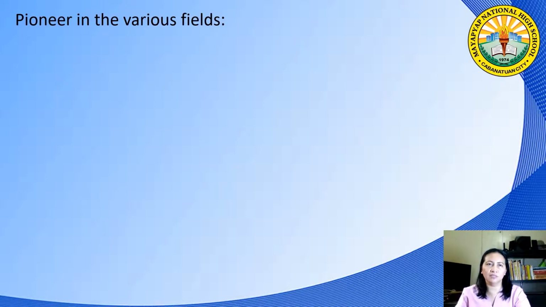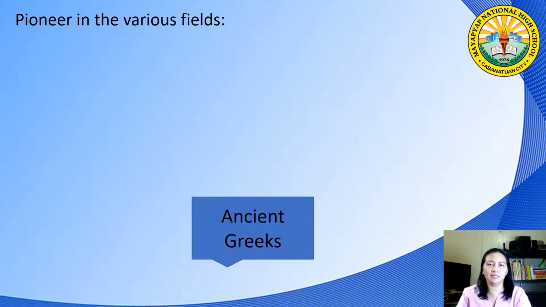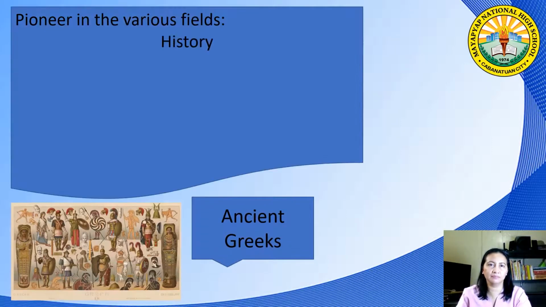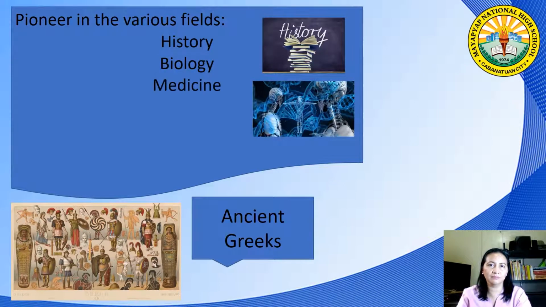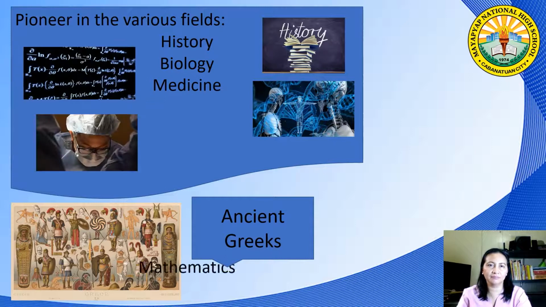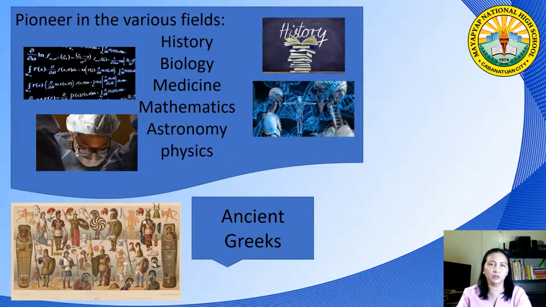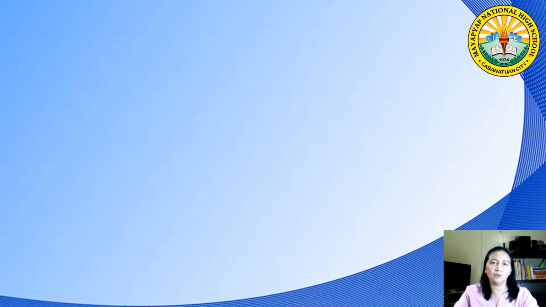Philosophy was considered to be the mother of all sciences like history, biology, medicine, mathematics, astronomy, and physics. So to widen our understanding of what philosophy is all about, let us discuss the main branches of philosophy, starting with